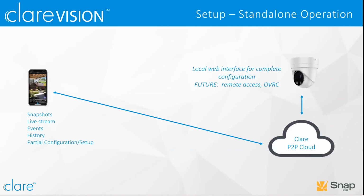So when we look at how this thing is connected, it's a pretty traditional camera in the sense that it has a local web interface. Jerry's going to show you that. And it connects back to the mobile application over a P2P cloud. And that's where you get your snapshots, live stream, your event history, and some very basic